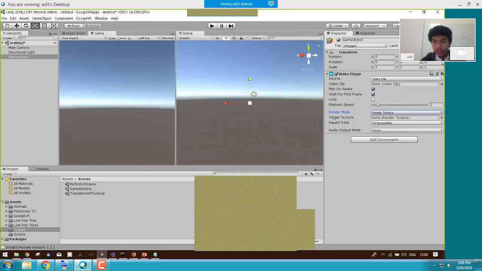And then the Aspect Ratio means what kind of scaling we want our video to be played with. So for example, the first one is No Scaling, which means Unity will play your video just like that without scaling it. Fit Vertically and Fit Horizontally make our video fit vertically or horizontally. Fit Inside makes it fit inside, and Fit Outside makes it fit outside. And Stretch makes our video stretch, for example,